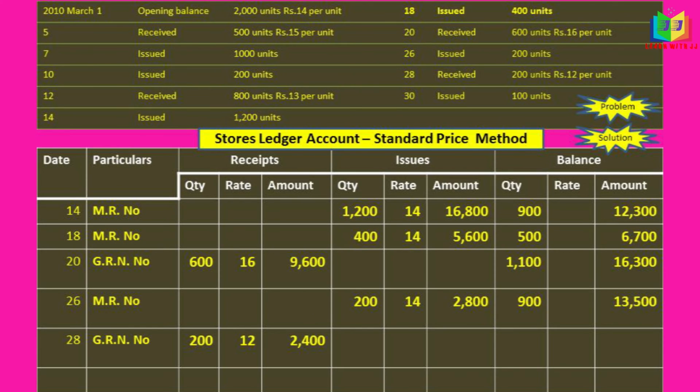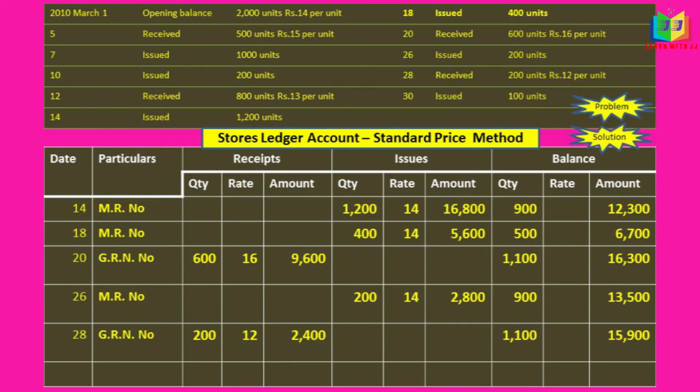And next on 28th we have a receipt. So we'll write it in the receipt column: 200 units at the rate of 12. So the amount is 2,400 and we have to add this to the balance. So we'll get 1,100 units and the amount is